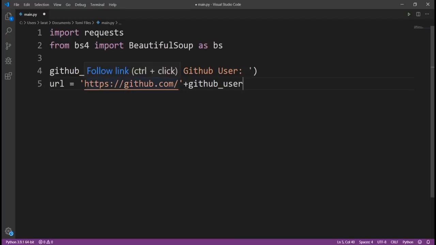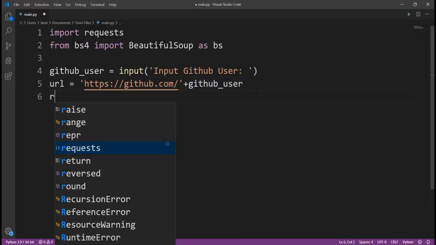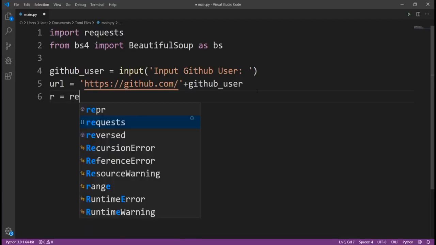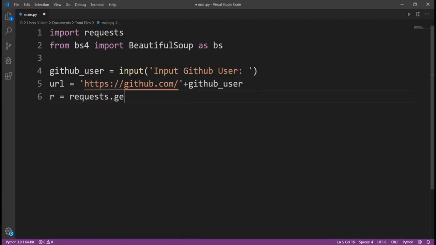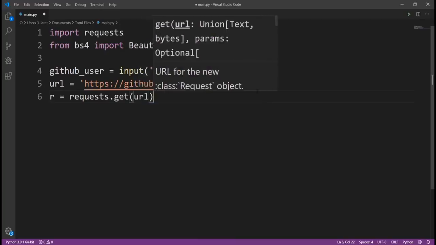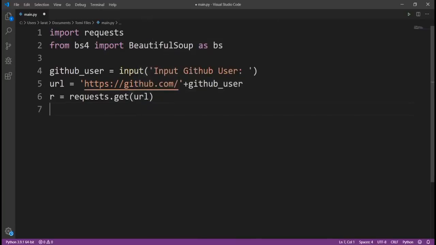So I say https://github.com/ plus the GitHub user, which is this variable, which is what the user inputs. So if the user inputs any other thing, it's going to get to that specific URL and then get a response. Now let's send the request. So I'll say r equals requests.get(URL). So now this is going to send a request to the URL of the user input,